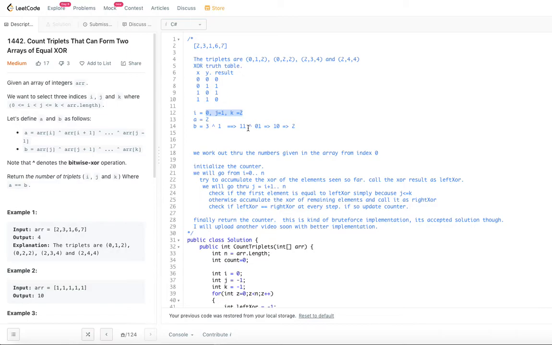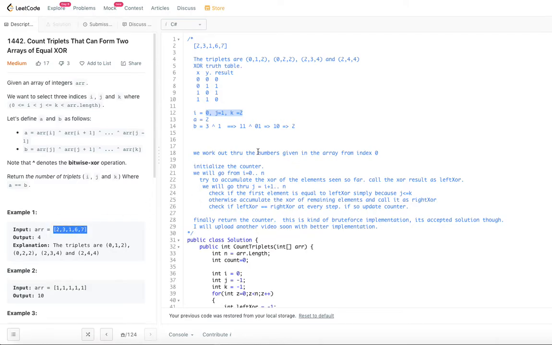So how many triplets are there in a given array is the question, right? So we are going to work through the array by calculating exactly what we did here. There are n elements in the given array.